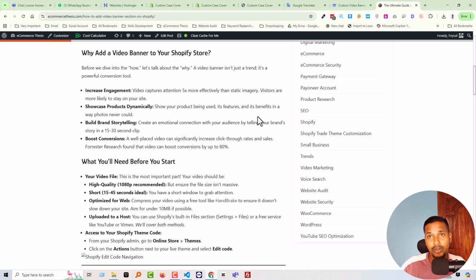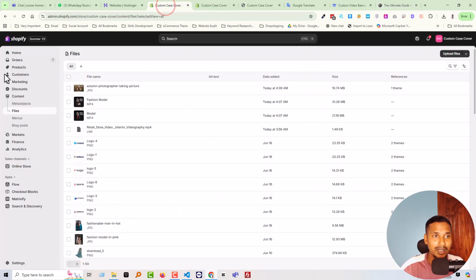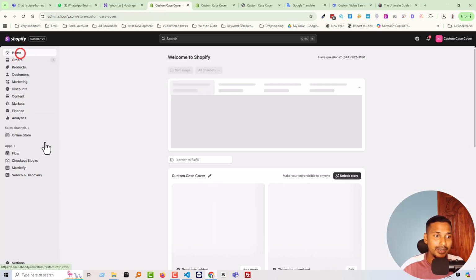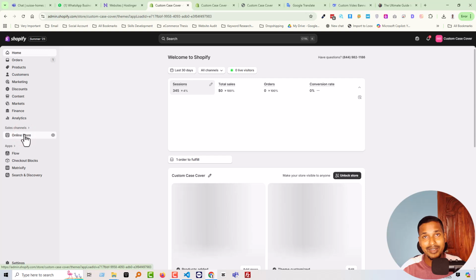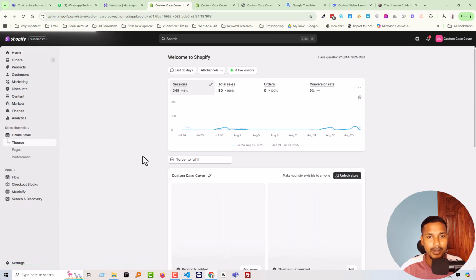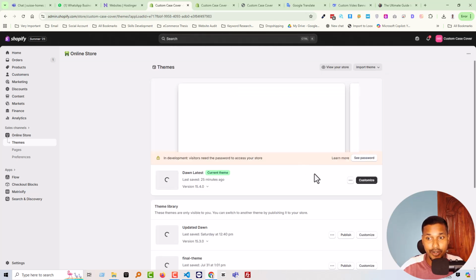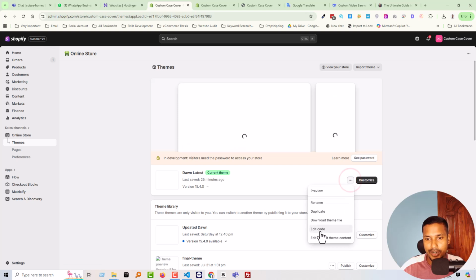So what you have to do when you get the ready code snippet, you just have to simply go to your Shopify admin panel. Here is the Shopify admin panel, you can see that. Then click online store, very simple process. Then we have to wait a little bit. Click on this three dot icon, edit code,